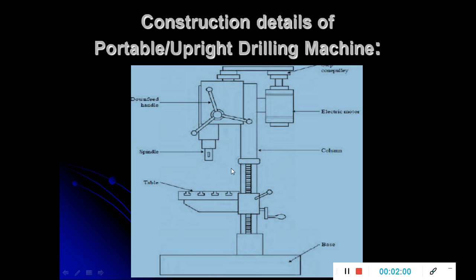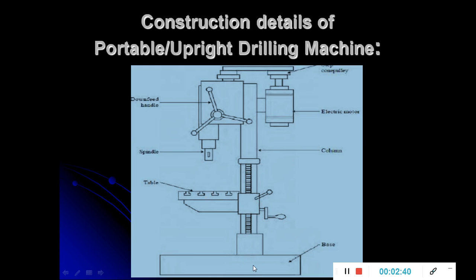The working principle of this drilling machine is that the workpiece is held securely in this T-slot table, and the drill bit is inserted into a spindle. The rotary motion is given to the spindle from the electrical motor through the drill head, and finally it is transferred to the drill bit. The drill bit is fed against the workpiece, and it removes the material to produce the circular hole. Now coming to the parts of this drilling machine, we'll discuss one by one.